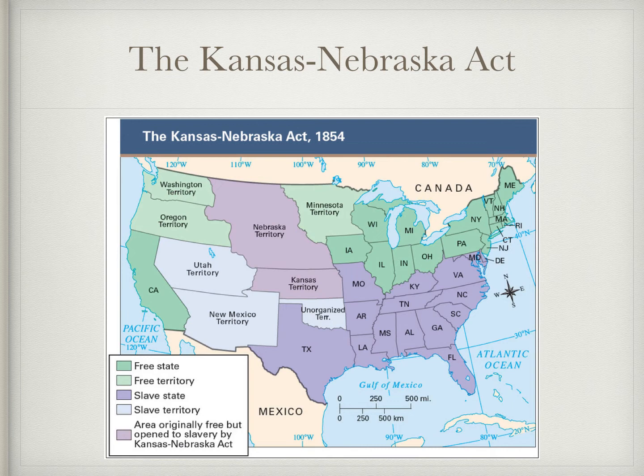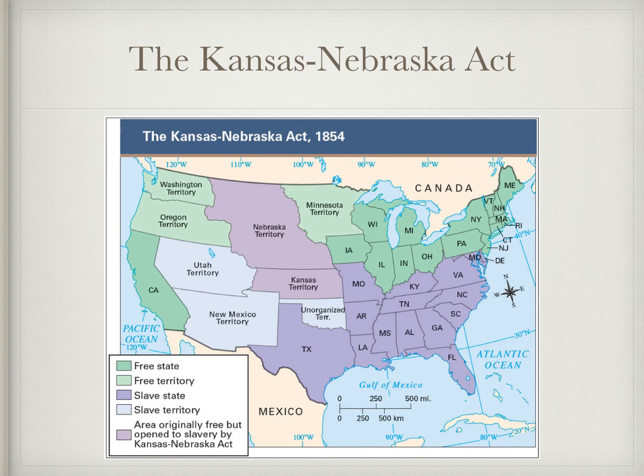And so this leads to a new map in terms of what slavery looks like in the United States. You guys can see things have radically shifted from where they were in 1820 with the Missouri Compromise. We are now seeing a significant expansion of the possibility of slavery into the Midwest, into the Great Plains with the Kansas and Nebraska territories. These two places were originally free under the Missouri Compromise, but now they are open to slavery because of the